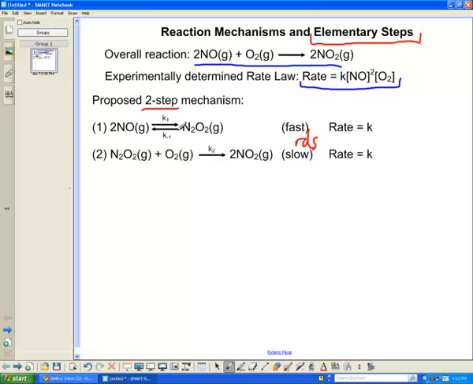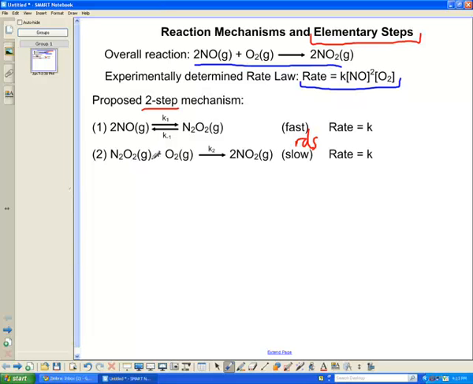Okay, so the first key thing to understand about elementary steps is that you can generate the rate law directly from the balanced equation and use the coefficients as exponents. Okay, so if we were just to look at this reaction number 2 here, this is a single step, just as this is a single step. So according to what we just said, if this is indeed an elementary step, and we can assume that it is,